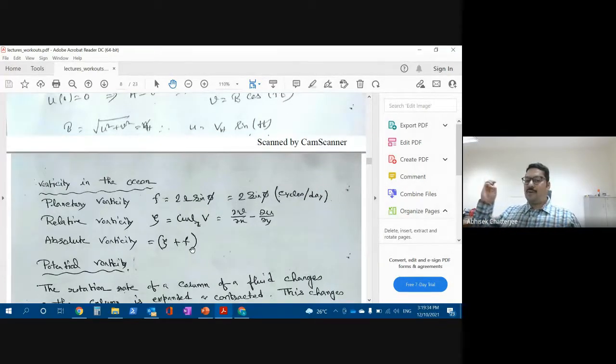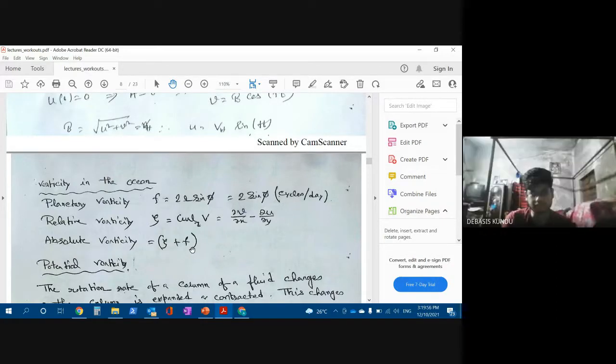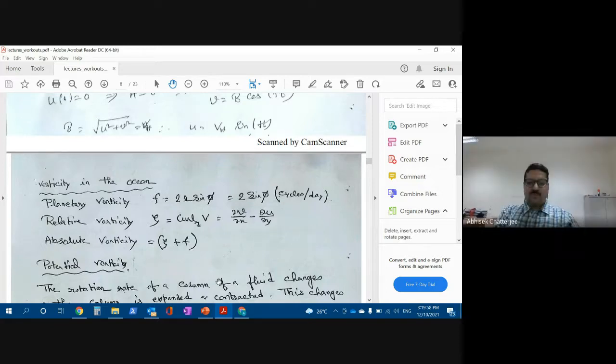And we'll find out first that the potential vorticity is conserved in fluid motion. Okay, so once we understand that, then we can build on the quasi-geostrophic approximation and we'll see how the flow field should be. So that will be our next class. Okay? Okay, thank you. If you have any questions, you can ask me. Some time is there, then I have to join another meeting.